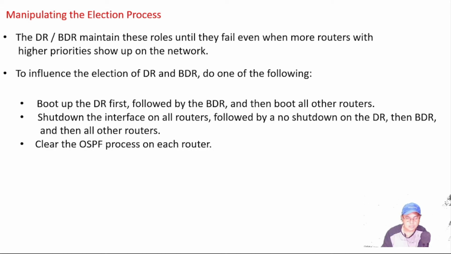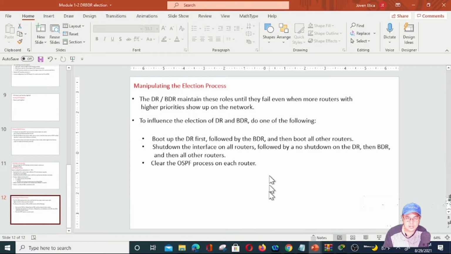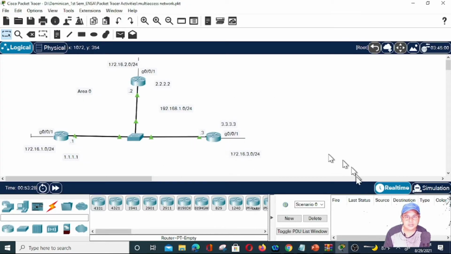Okay, so let's move on to the actual packet tracer. This is the actual packet tracer that we're going to use. This is already pre-configured with the active interfaces and OSPF. And the router ID is already configured in this router. So let us see the